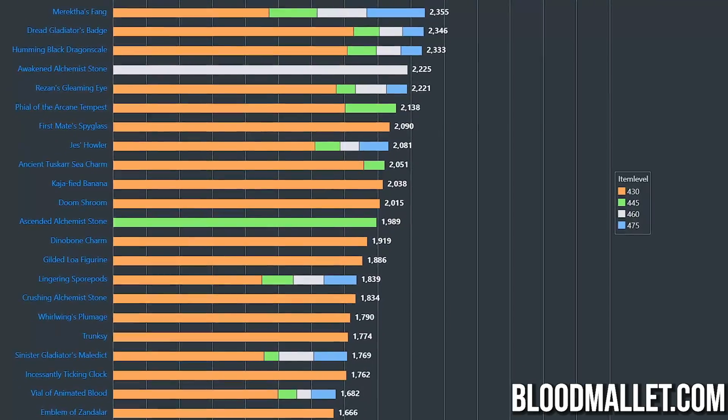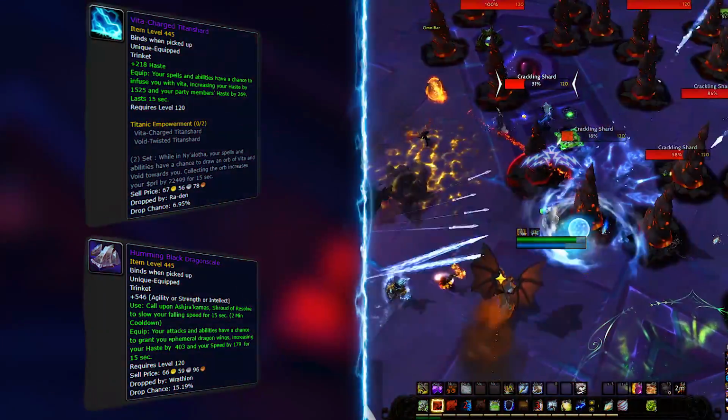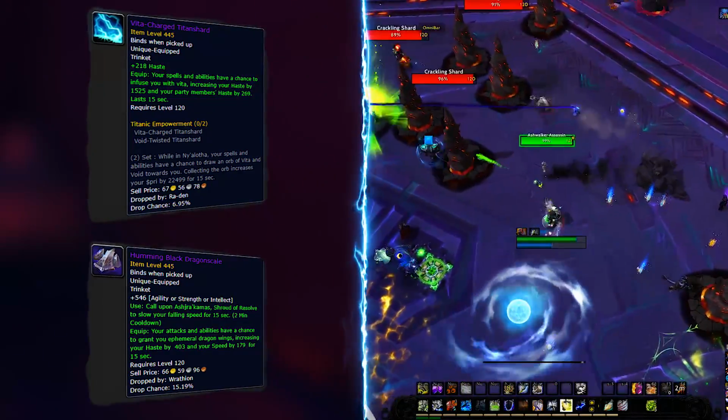comprehensive list of the best options in the game. That, or you can just sim whatever options you have looted. Alternatively, Vita Charge, Titan Shard, and Humming Black Dragon Scale are the best haste options and 2 of the best performing options you can